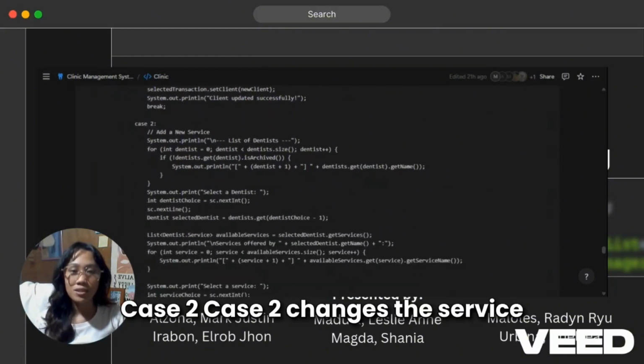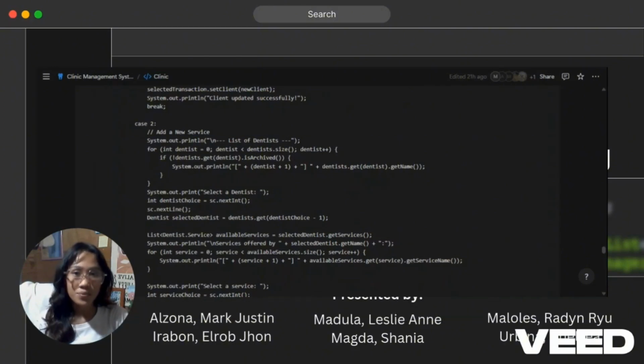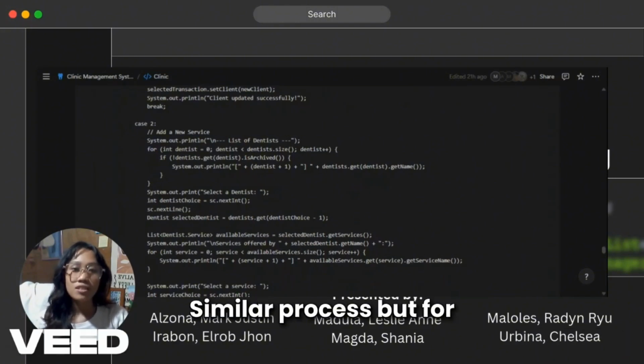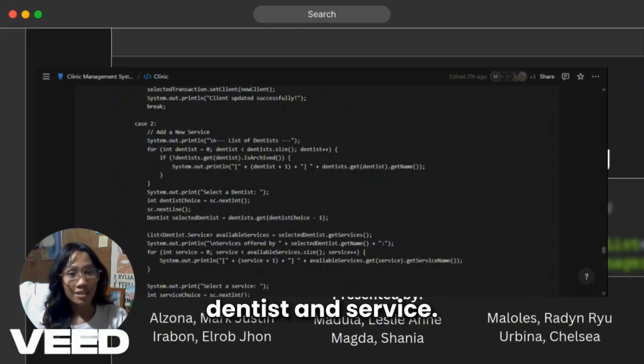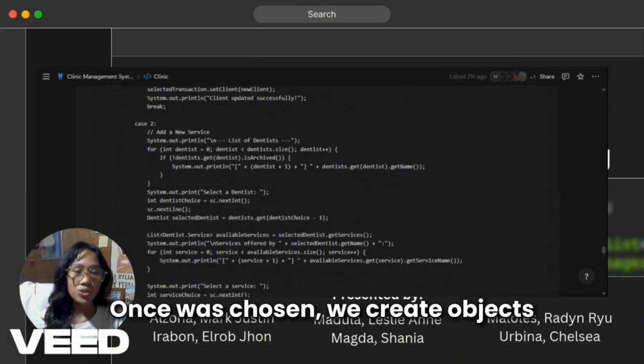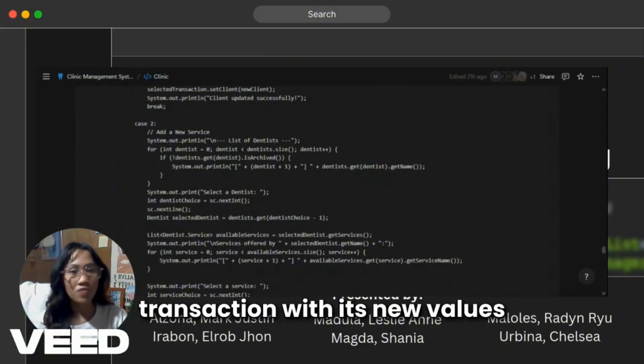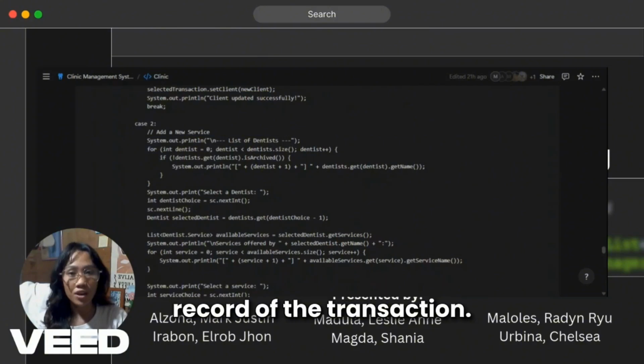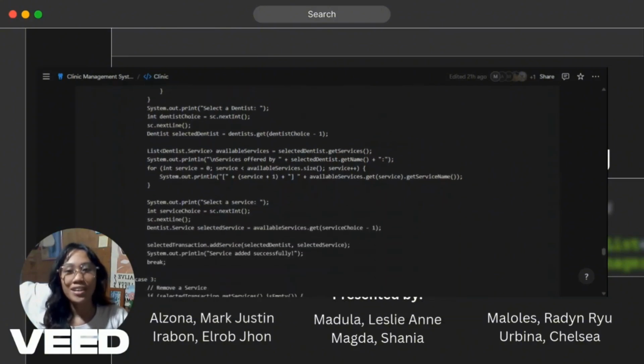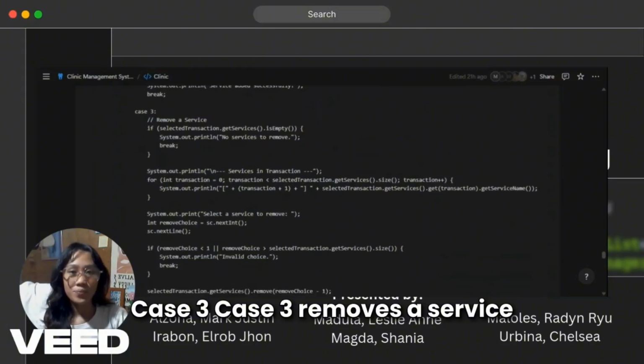Case 2. Case 2 changes the service or adds a new service. Similar process but for dentist and service. Once chosen, we create objects to be placed in the selected transaction with its new values in it, replacing the service record of the transaction. Case 3. Case 3 removes a service.